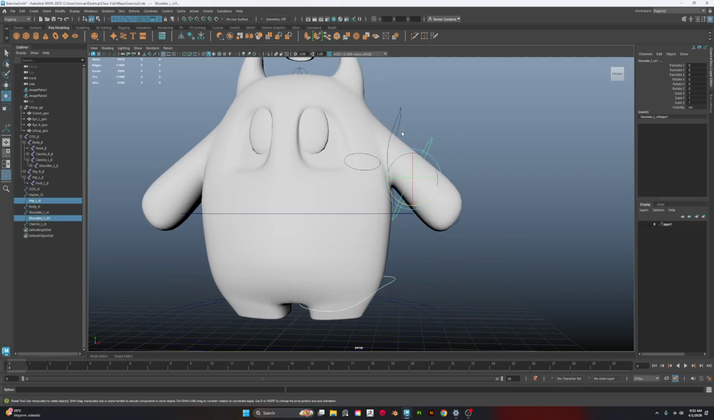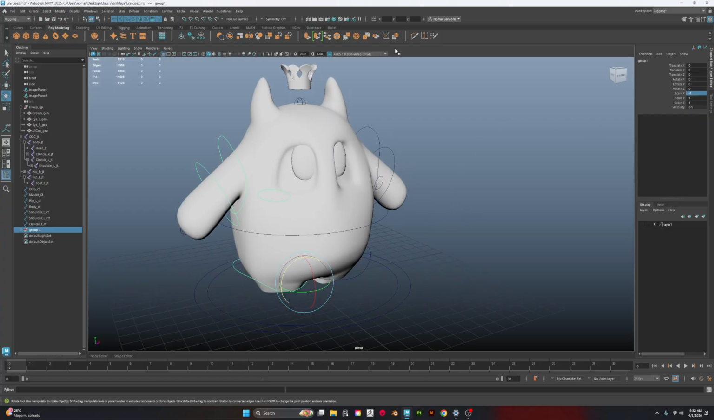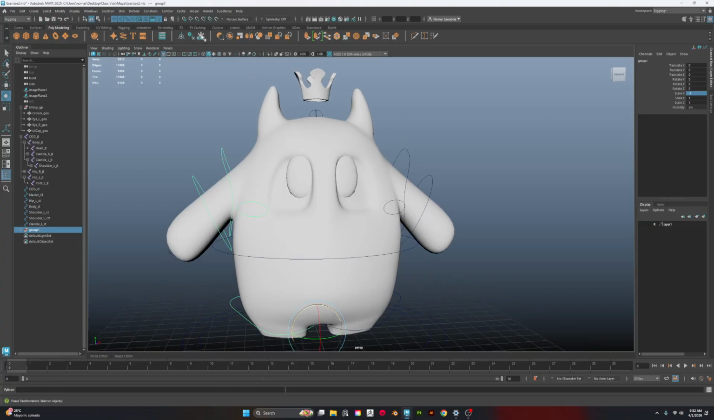So these 4 controls, the best way to mirror them, you duplicate them with Control D, and then Control G to group them. And I'm going to go ahead and slap a negative value to the scale X, and that'll flip it over to the other side. Super important. Make sure that you freeze transformations,